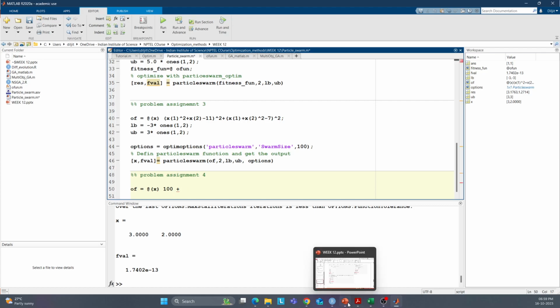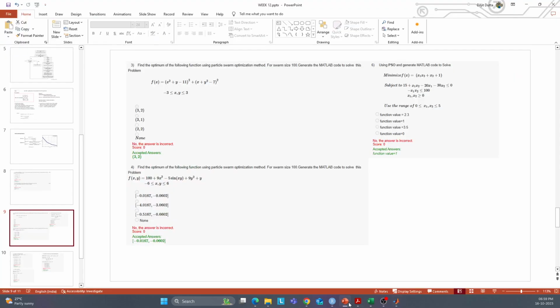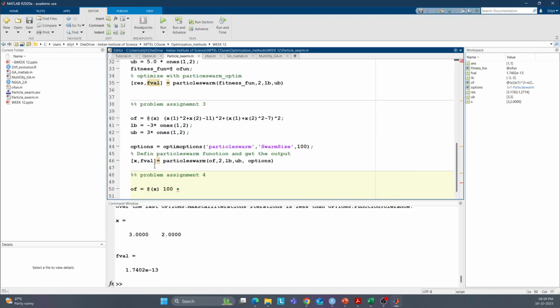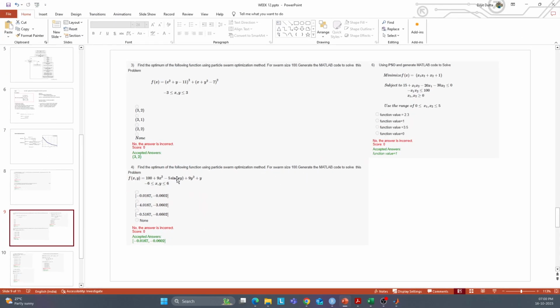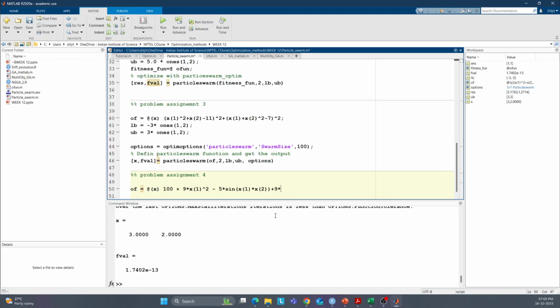100 plus 9x square plus 5. 9 x1 whole square minus of 5 sine xy, the 5 sine x1 into x2 plus 9 y square plus y plus 9 square x2 whole square y square plus